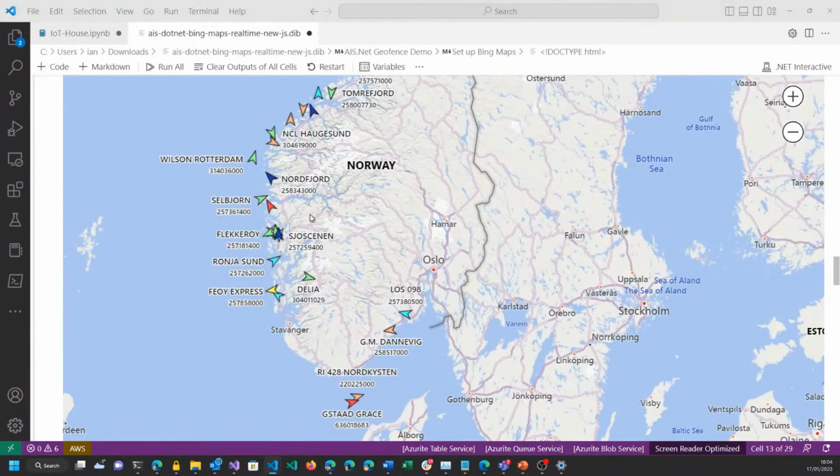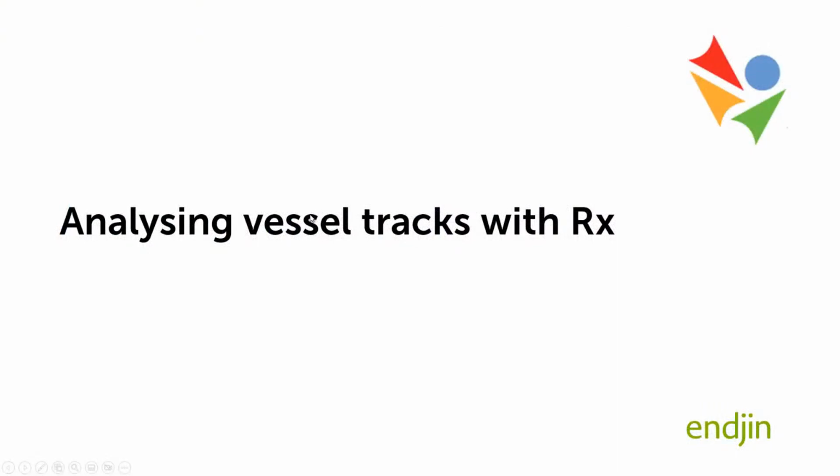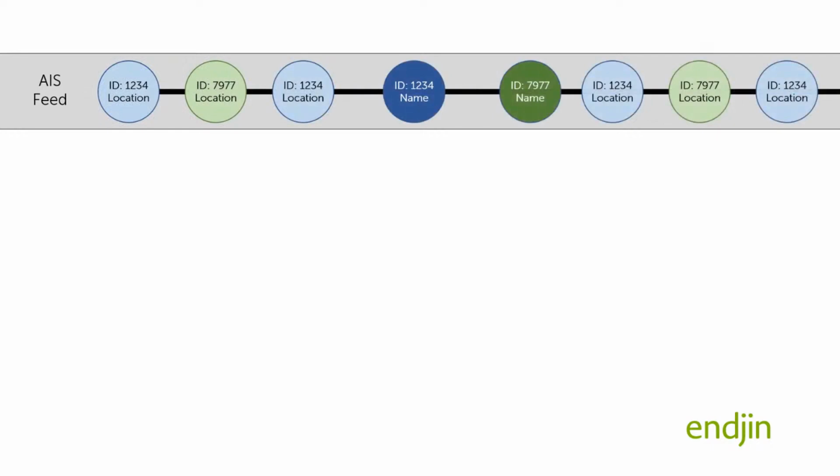And I'm just going to talk about it a little more because there's a really important point here when it comes to understanding the value that Reaqtor has to bring on top of Rx. So just to recap, our AIS feed, so the raw messages coming out of the ships, you don't get all the information at once. Some of the messages tell you location, some of them tell you the vessel name, some of them tell you other things like the vessel type, some of them tell you the dimensions and so on. But we want all of that combined for any given ship before we can show it on the map.